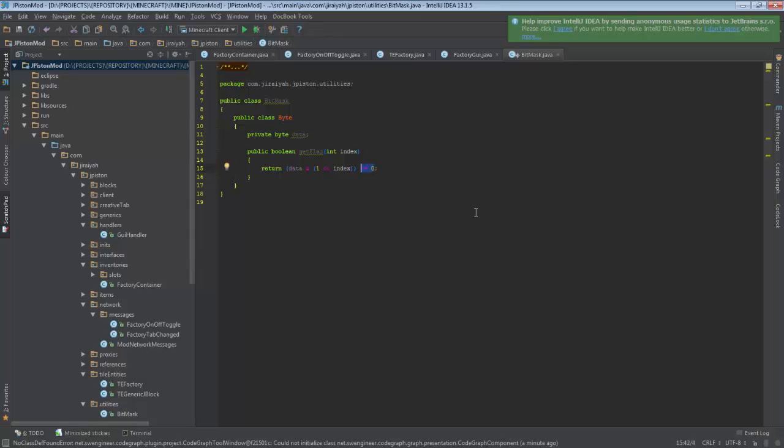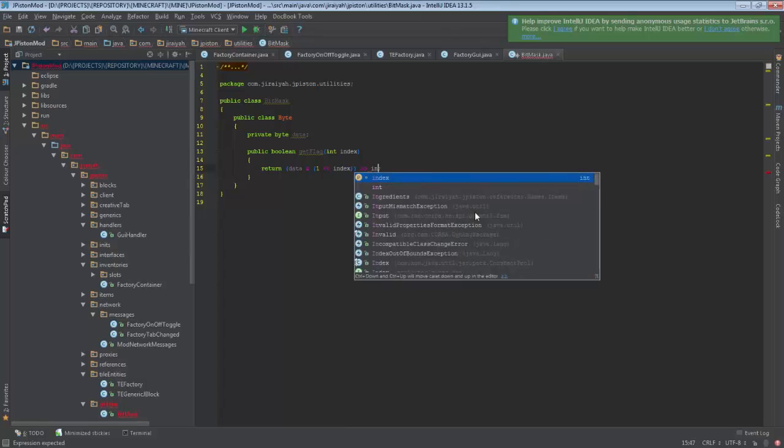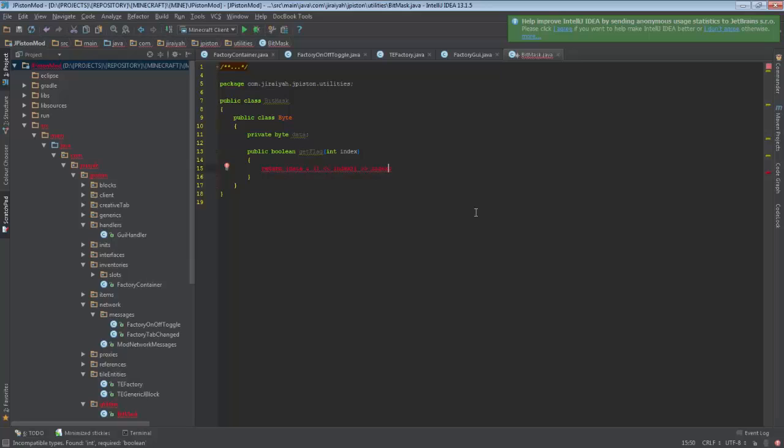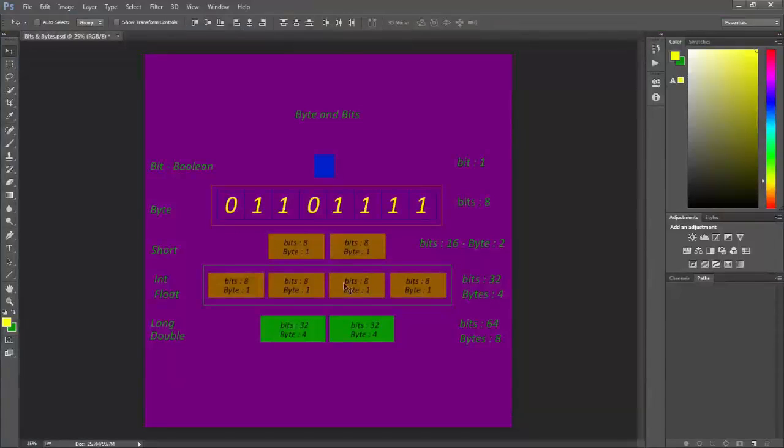Well, I don't like this. I want to use more bit shifting. And we bit shift down again by the amount of index, and we say if that equals 1. Well, this is the same thing. But I forgot to mention that right shifting can be like this. The difference is when you are right shifting,